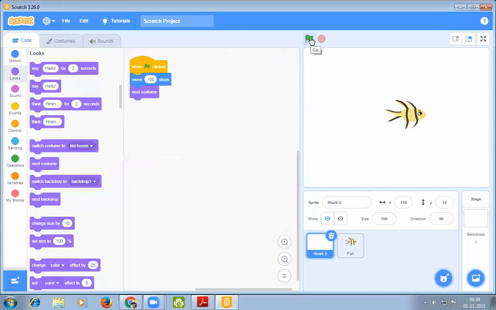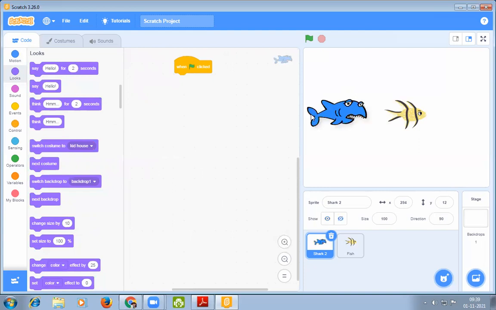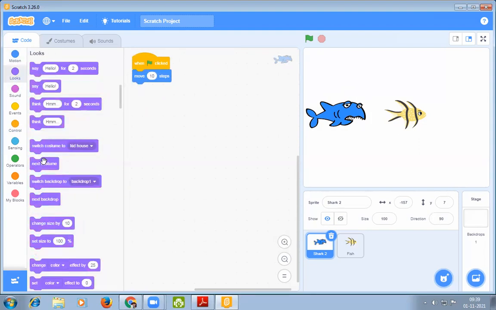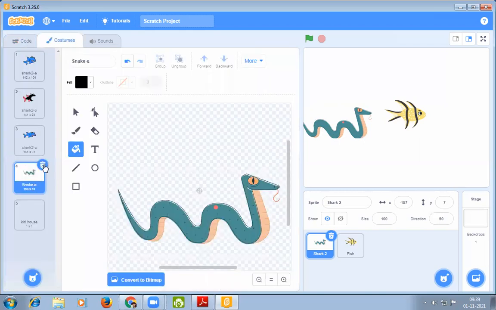So when this flag is clicked, move 10 steps, then looks, next costume. Let's go to the costume now. Delete these costumes.